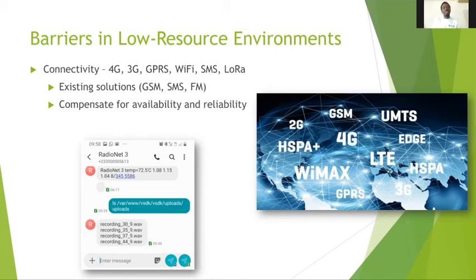We almost don't use 3G and GPRS anymore, but we have to think of different systems that we can use as opposed to using 4G. Existing solutions that we have used in the solutions we have done recently are GSM, SMS, and FM. I know that these do not sound like things that can be used to transmit data, but you have to begin thinking. Remember, you are thinking of a non-complex system. And so if the system is not too complex, then you can use a data system that is also less complex.